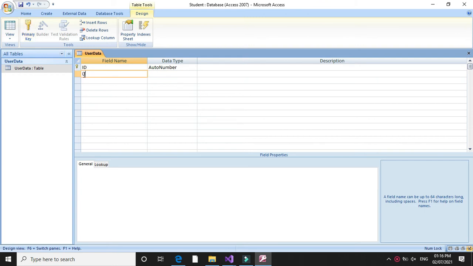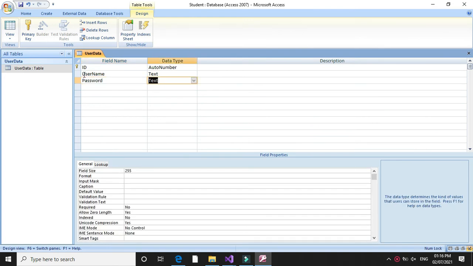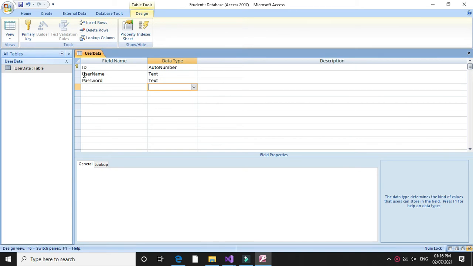I will add 2 fields, username and password with data type text. I will save it by pressing Ctrl S.